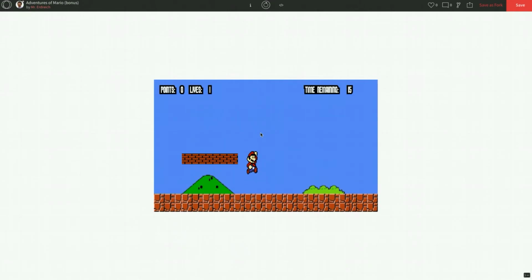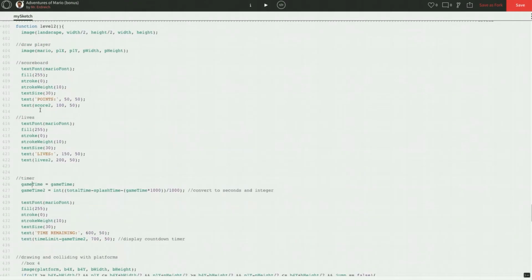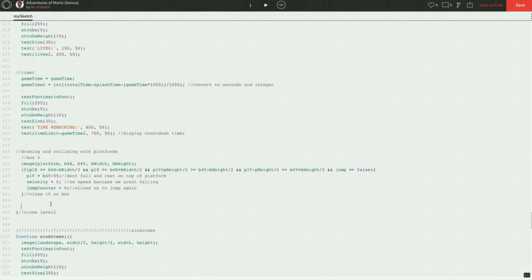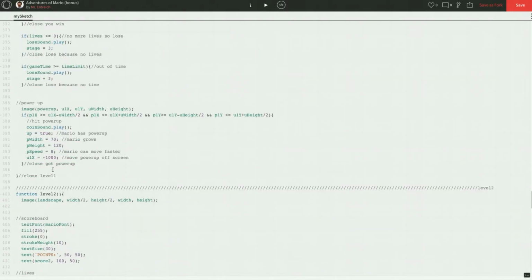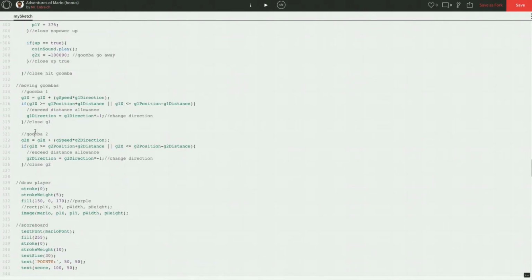Great. Looks good. I just realized that we want to move our draw player to the end or underneath our boxes, so that Mario's in front of the platforms instead of behind. So I'm just going to take my draw player and drop it right there. All right. Let's go do the same for the coin and the same for the Goomba. So I'm just going to borrow